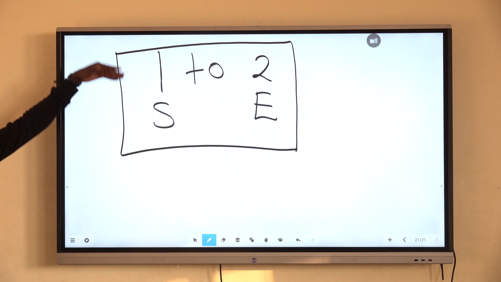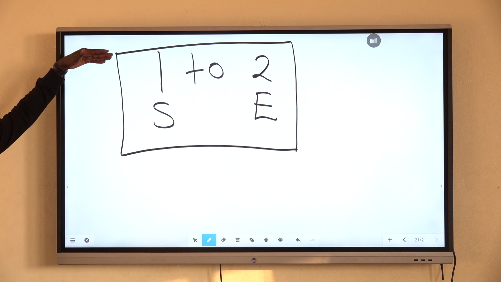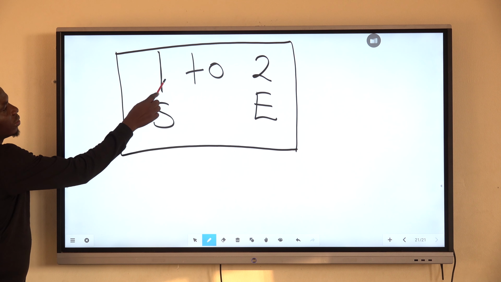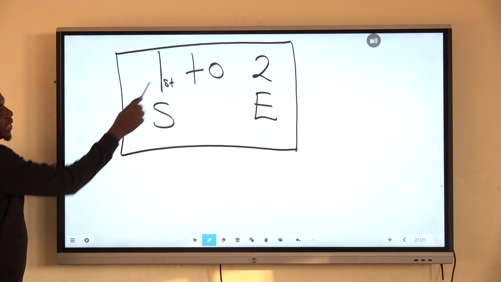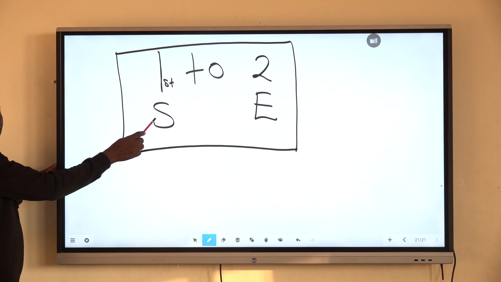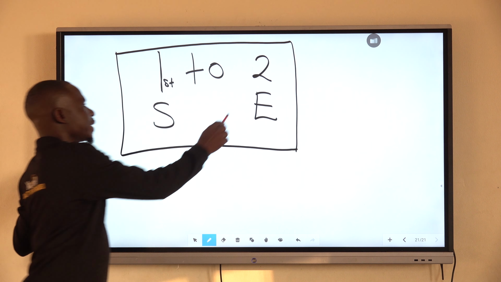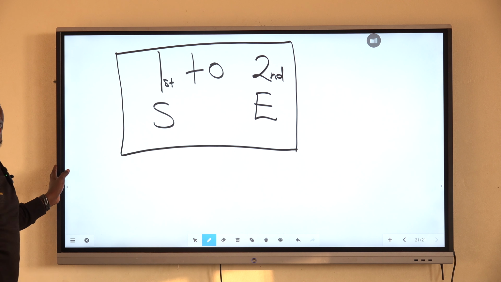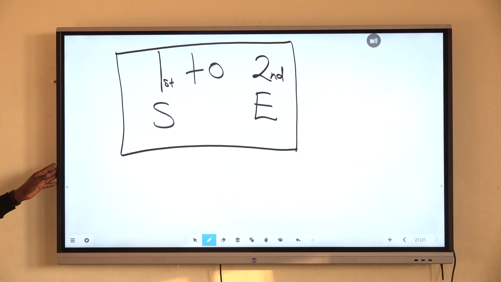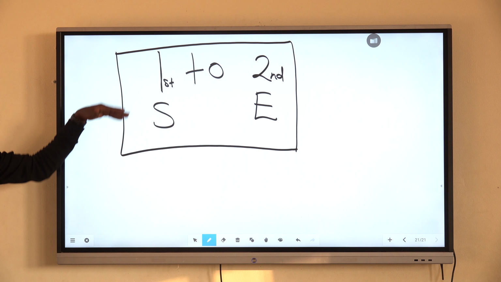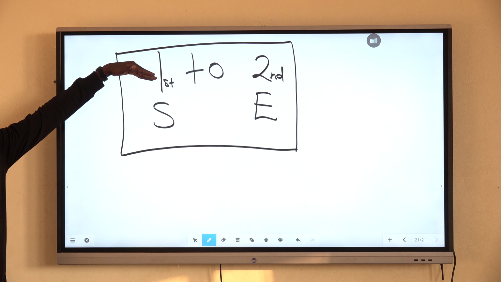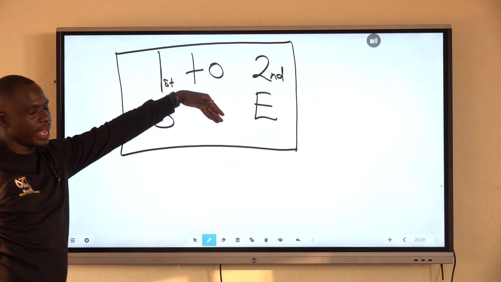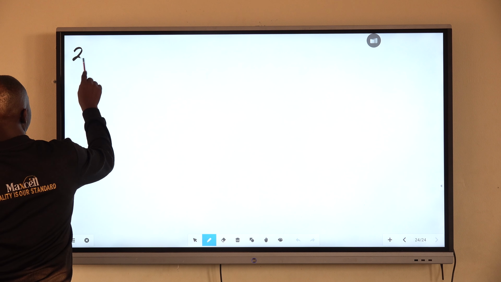For us to draw the answer arrow, which is most of the times the bottom arrow, we draw from where the first arrow starts up to where the second arrow ends. I repeat that because that's the most important part. When we are drawing the answer arrow, we draw from where the first arrow starts up to where the second arrow ends. Our second example,